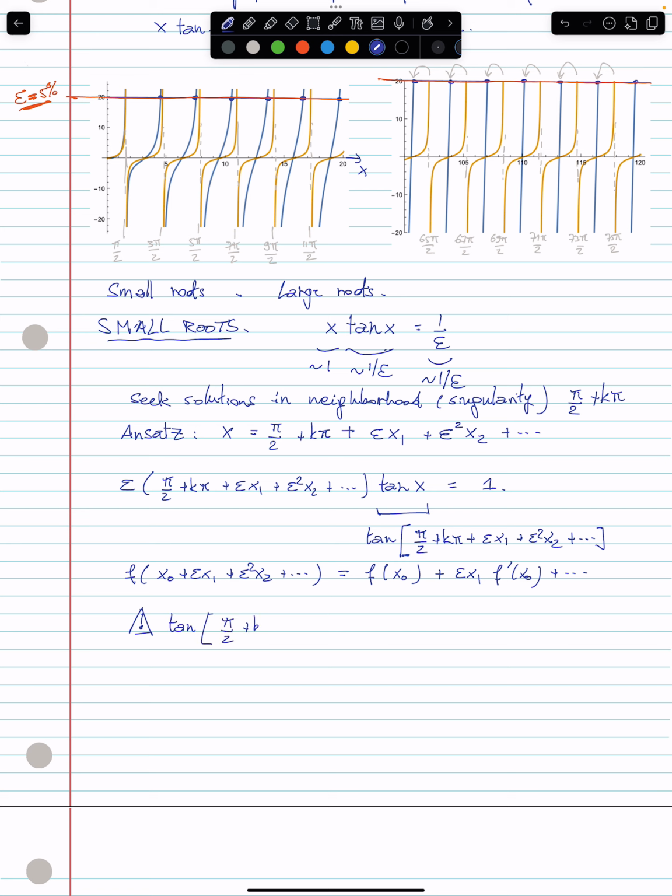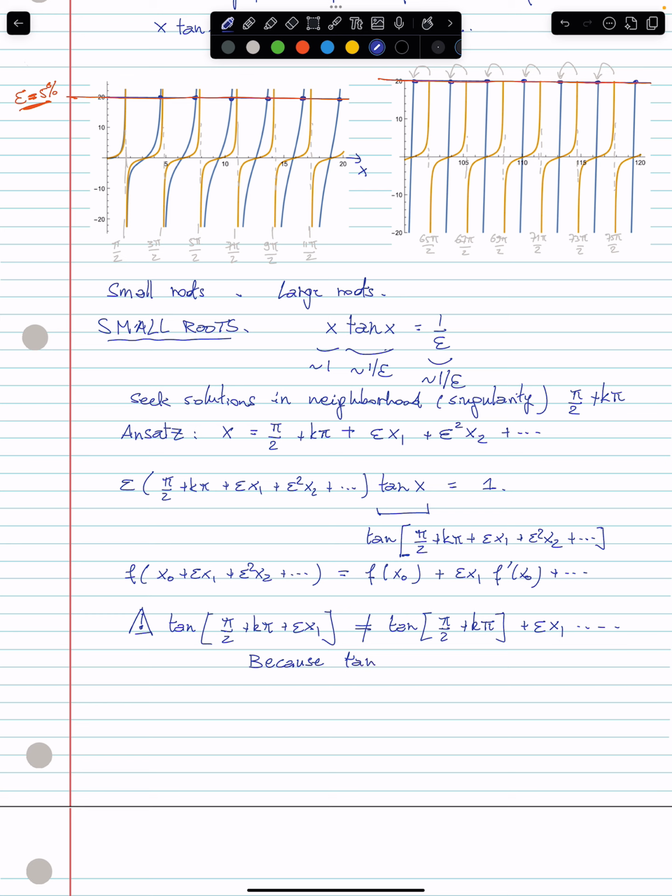Pi over 2 plus k pi plus epsilon x1. We can't write this tangent of pi over 2 plus k pi plus epsilon x1 times a derivative. And this is prohibited, of course, because